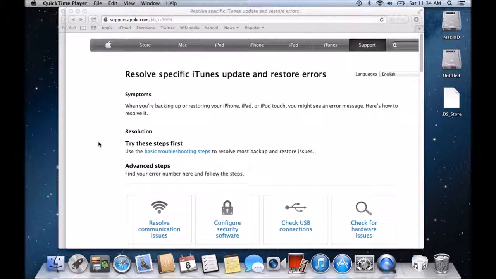Now guys, the reason why I'm doing this video is I've had loads of people ask me about restore errors, and when I try to do a video on the restore errors, some people still say they're still having a load of problems. So I'm going to try and go through this. This is the Apple support page. And I'll go through the steps and I'll show you the various ways that you can actually fix update and